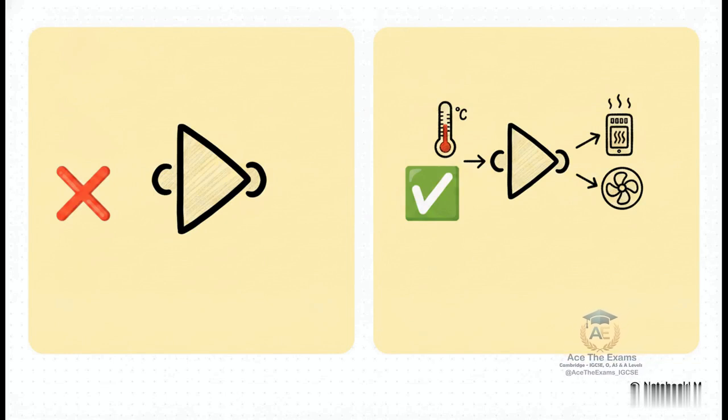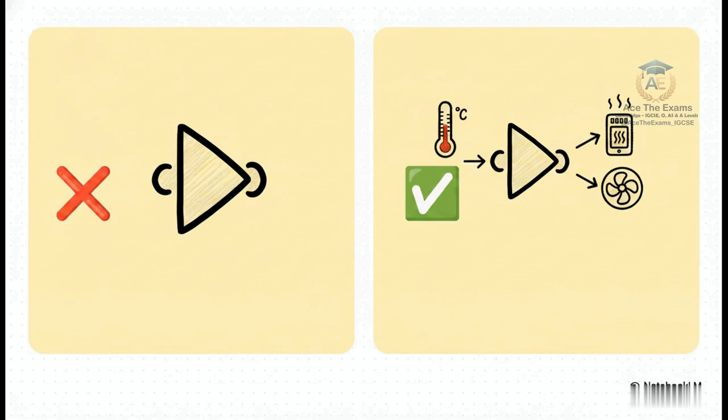Let's break it down. The generic answer, "NOR gates output 0," is a classic, devastating trap. It totally lacks precision. A NOR gate doesn't always output 0. It outputs 0 when any input is 1, but crucially, it outputs 1 when all inputs are 0. More importantly, though, that generic answer completely ignores the scenario. The examiner is sitting there thinking, okay, but what does this have to do with the question?